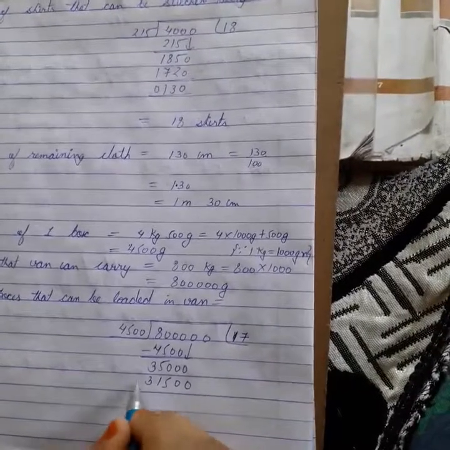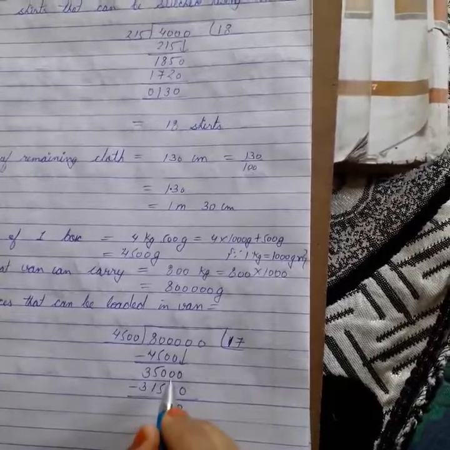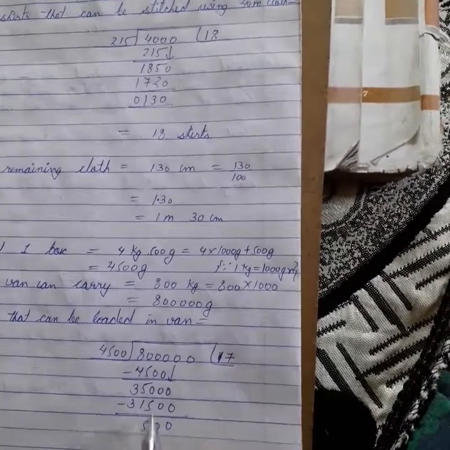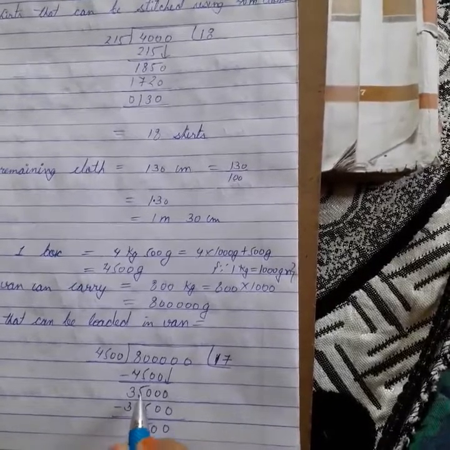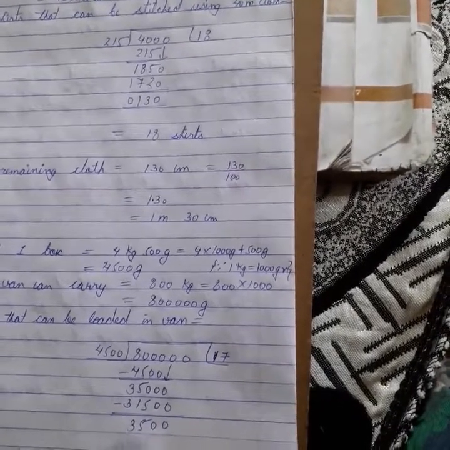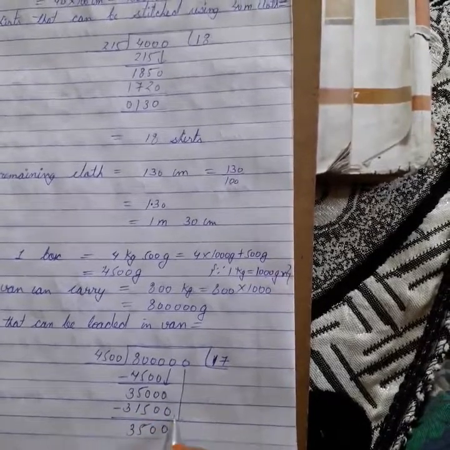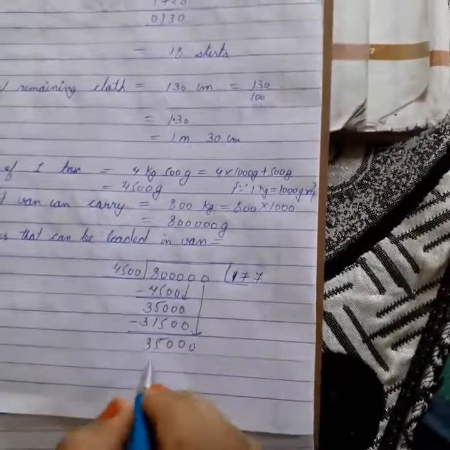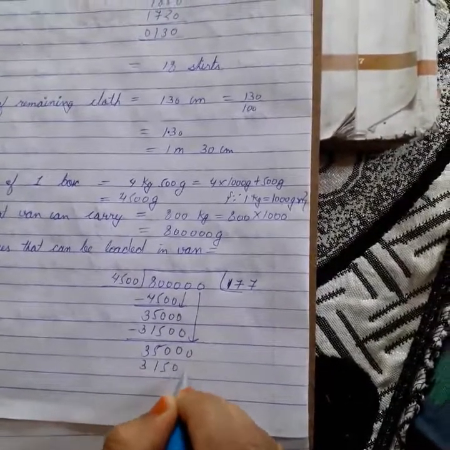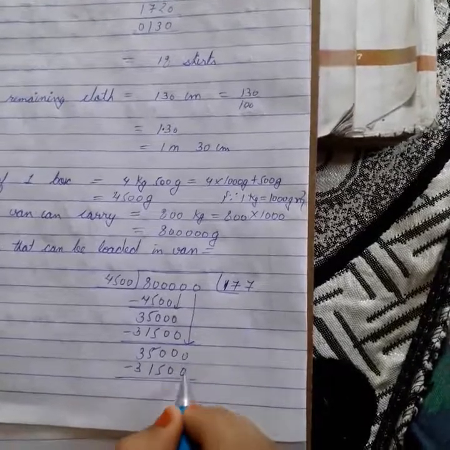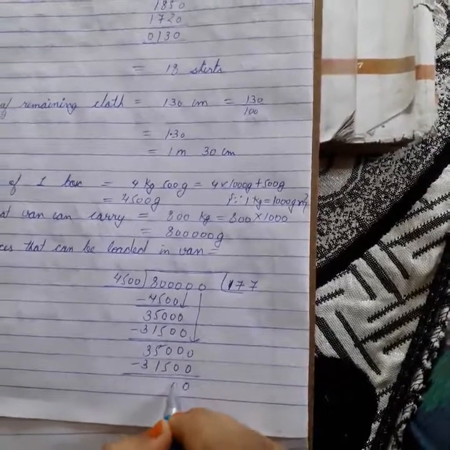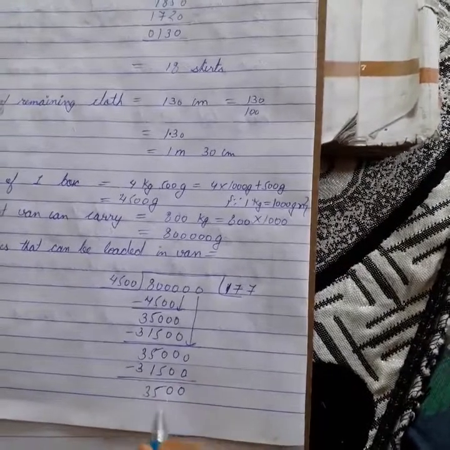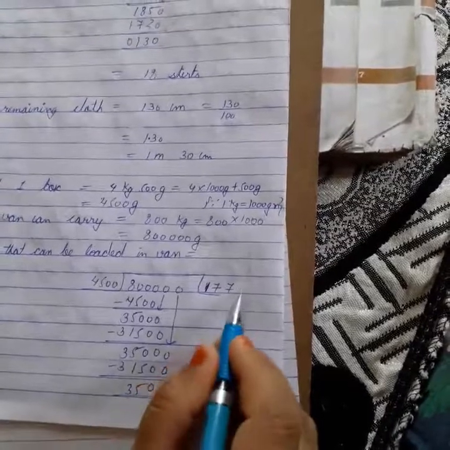So again 4,500 7s are 31,500. Okay. Now you will again subtract 0 minus 0, 0. 0 minus 0, 0. Now we will send a carry from here. 10 minus 5, 5. This 5 has given 1 carry, so it has become 4. 4 minus 1, 3. Now this is 3,500. Again we'll bring this 0 down. Again we have got the same value. So again 7s are 31,500. Again we'll subtract, 0 minus 0, 0, 10 minus 5, 5, 4 minus 1, 3. Okay. So that means how many boxes can be loaded?